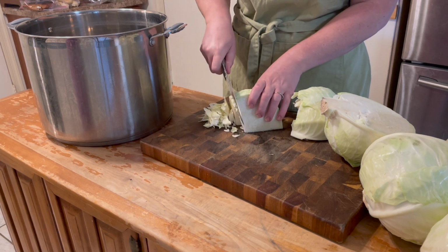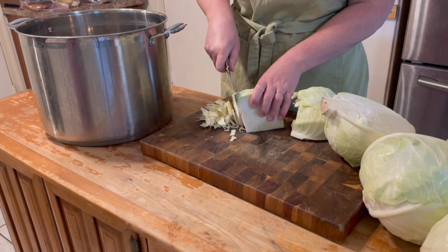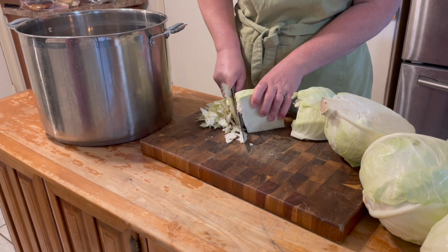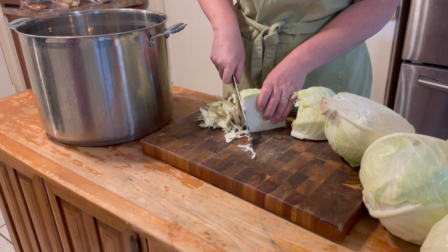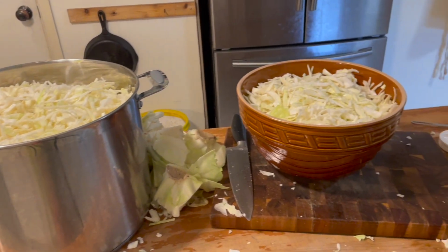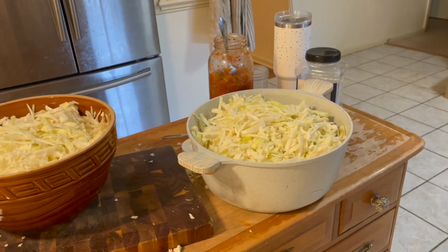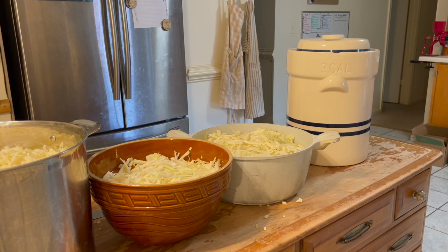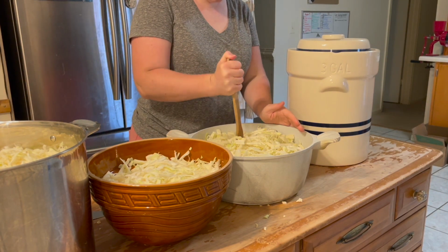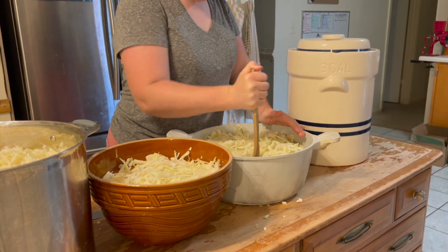So I'm chopping all 7 heads of cabbage, and then for every 3 heads of cabbage, you want to use 2 tablespoons of a really good salt. I use Redmond real salt. Sprinkle it all over the cabbage, and you kind of just want to let the salt pull out the liquid so that you don't have to create a brine. And so I just left it in this really large pot with the salt on it, and I think it was all afternoon. And then I came back and kind of massaged the salt in every once in a while,